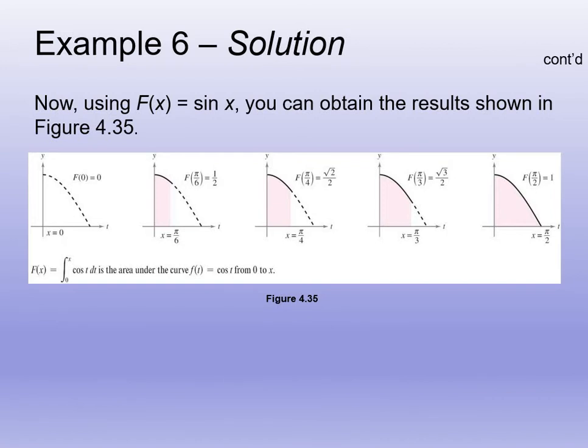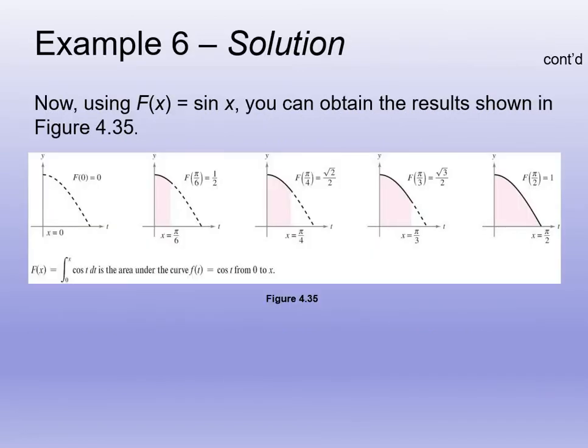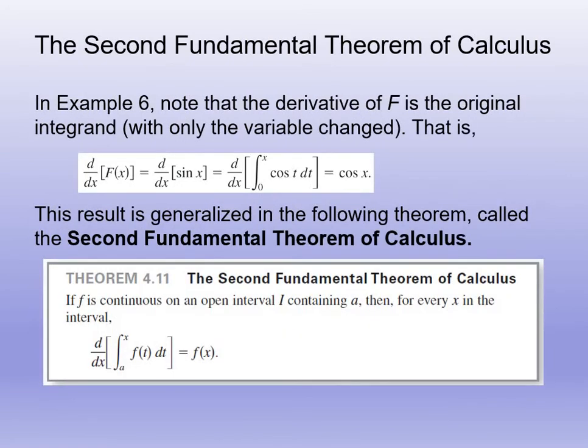That's really how that plays for us. And we have a special name for this. This is called the accumulation function, and we use it in multiple applications of integration. But how are we accumulating? Well, as we chunk forward and choose different sine values, that's the accumulation function. As we go along and get little chunks, you can see that we get more and more area under the curve. That's when we're going to use an accumulation function, because we have some sort of variable as our limit of integration. So let's look at the official Theorem 4.11, the second fundamental theorem